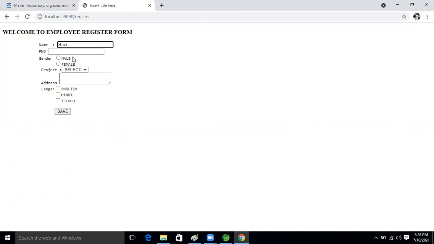I'm taking the password as 1, 2, 3, 4, 5. After that, mail, and select HTC, and here welcome to Varanasi. English and Hindi I'm selecting. Now save it.